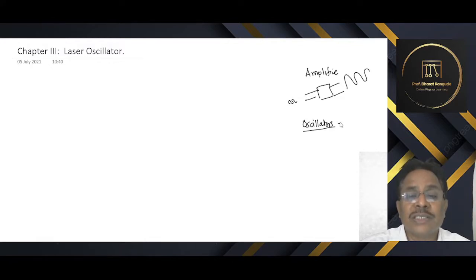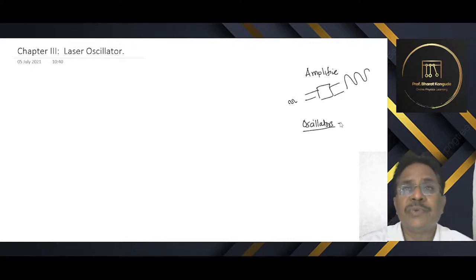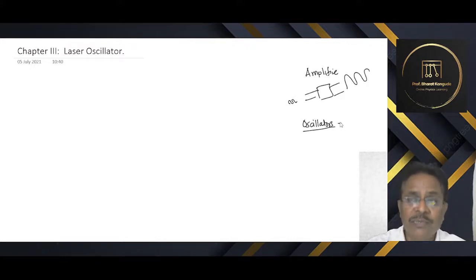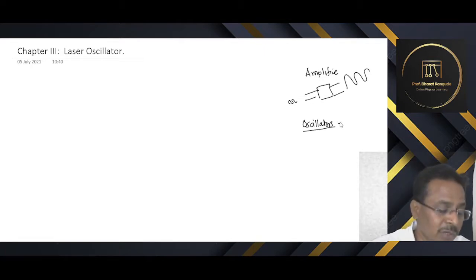And here also, as I said earlier, in case of an electronic oscillator, for functioning of any oscillator we have to provide certain feedback, and feedback means the output is fed back to the input again. Depending upon the inverting or non-inverting input at which we provide this feedback, it becomes a case of positive feedback or negative feedback. So what is the feedback in optical laser oscillators? That comparison we are going to do initially.